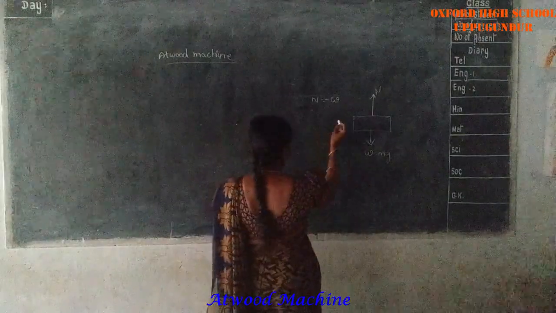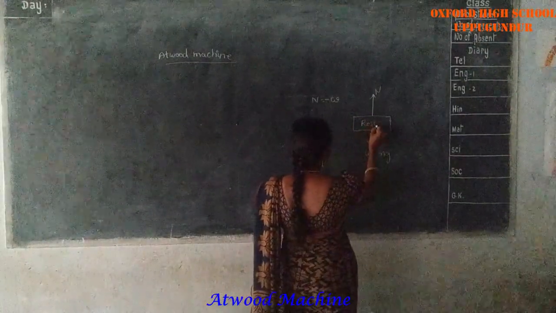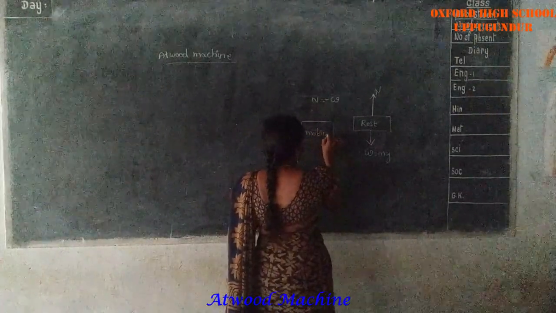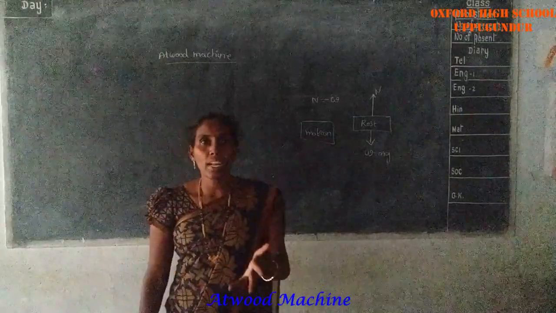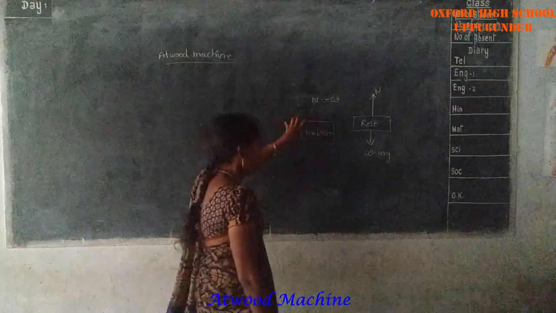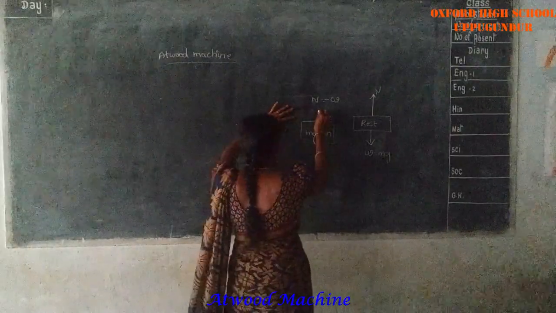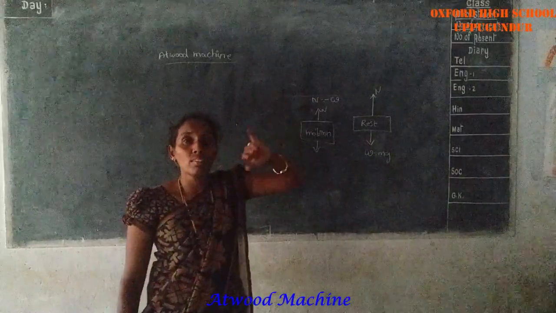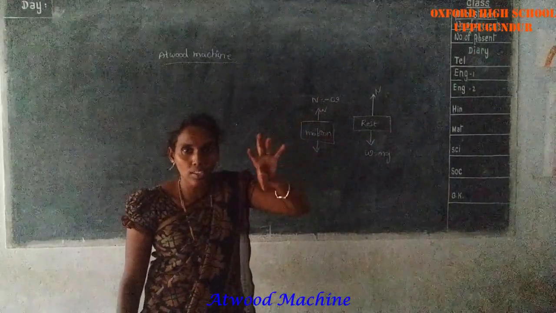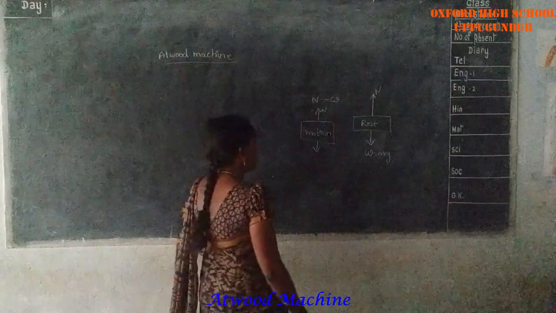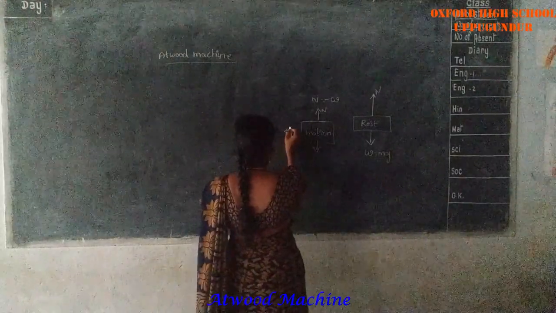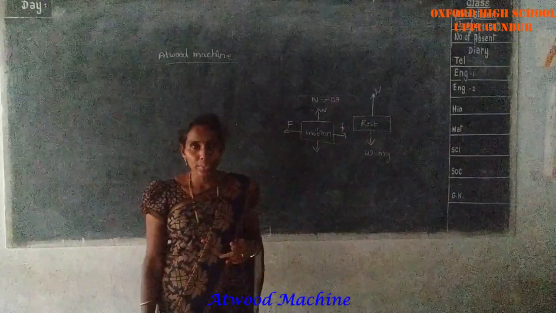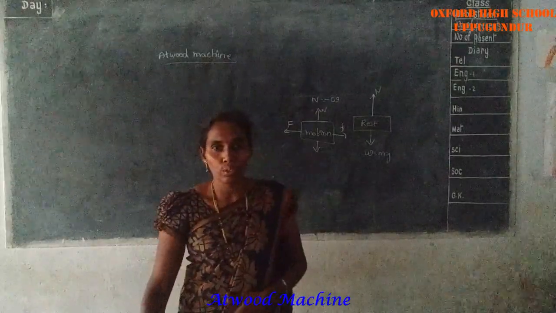Next, if your body is in motion, how many forces are acting on that body? Actually, two forces are acting, the normal force and the weight of the body. And two more forces act on the body when it is in motion. Those two forces are the applied force and the frictional force.